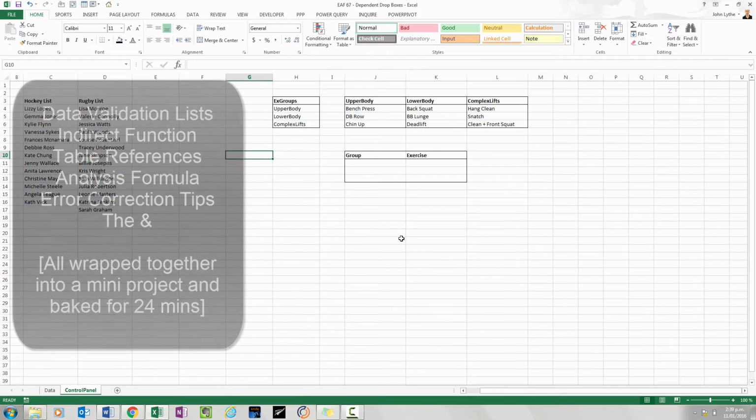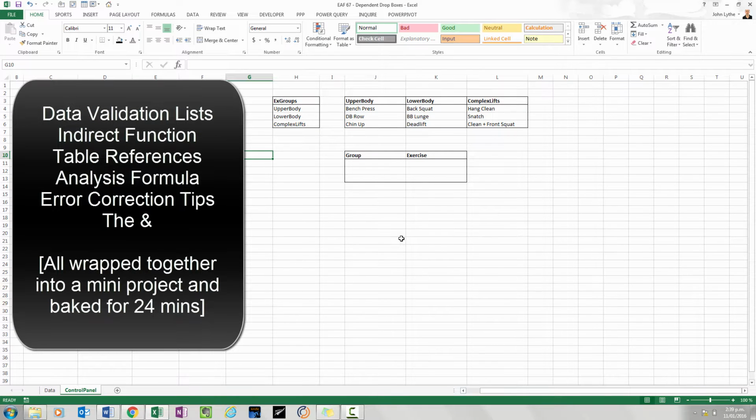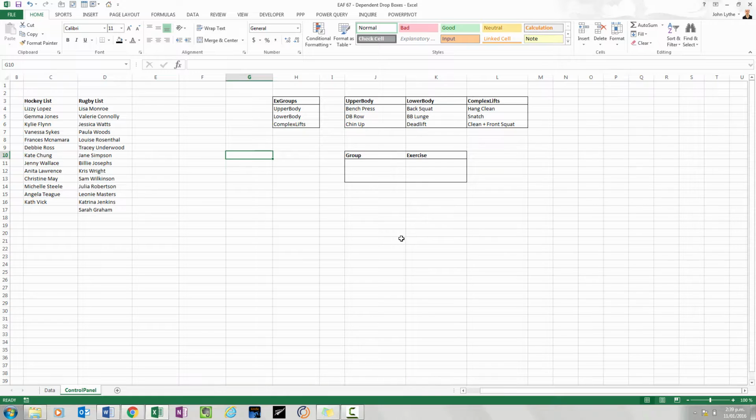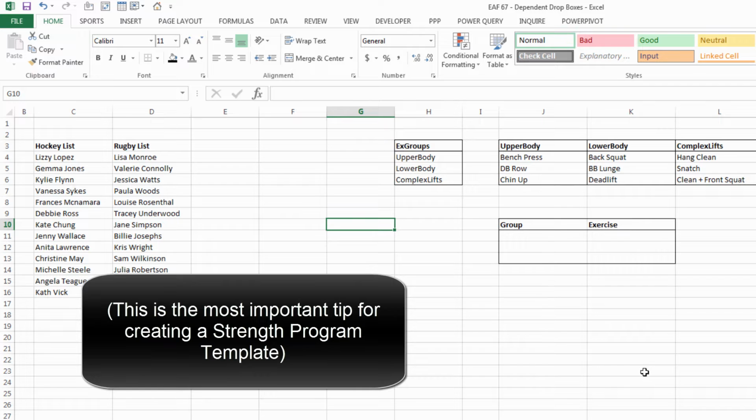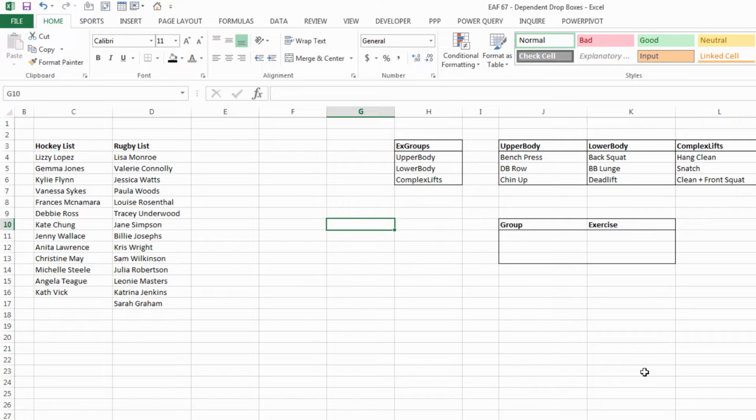Anyway, the lesson that we're going to look at today is around data validation lists, and in particular around connecting one to another. So for example, if you choose one category of exercise in the first drop-down list, then you can choose only exercises from that category in the second drop-down list. That's the most common application, certainly that I have used in some of my videos, and I'm going to quickly show you that now, and then we can move on to a different application which I've got stored up